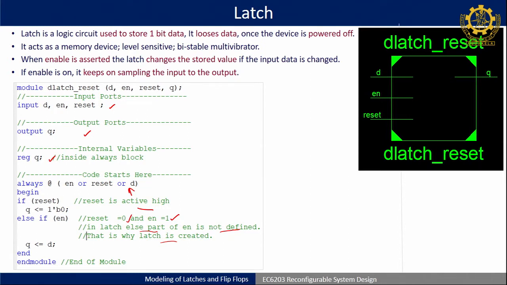That we will discuss in other classes, like one class I will discuss about synthesis constructs of HDL, Verilog HDL, which constructs are synthesizable and which are not. At that time I will discuss in detail about inferring of latches. Okay. So, if it is not desired, we generally try to avoid a latch, but if latches are actually required for your design, then we can design this by using this method.